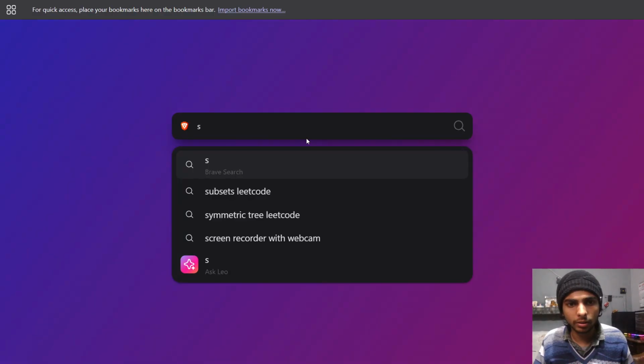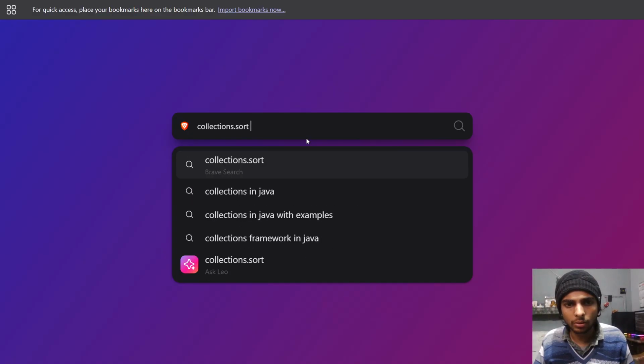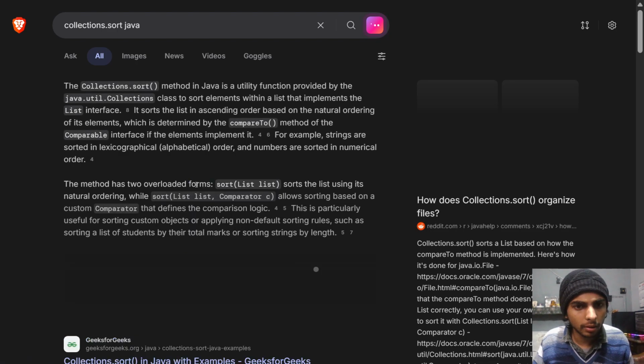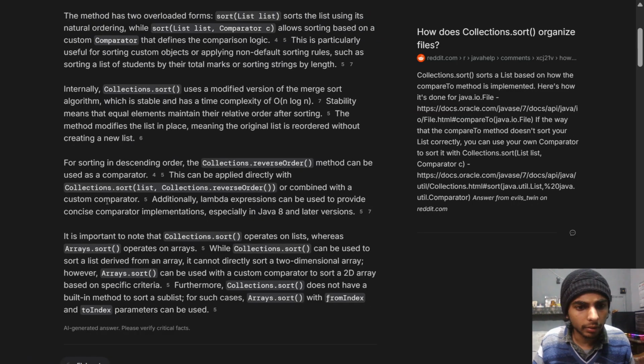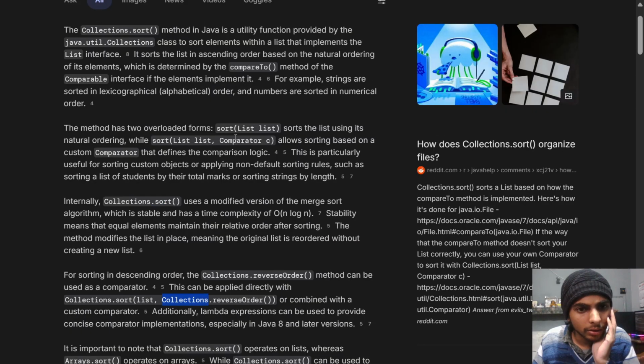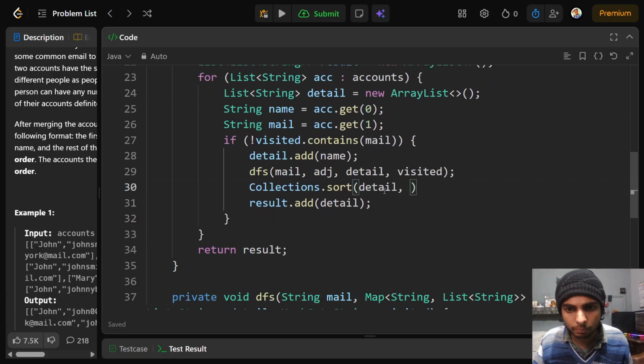Collections dot sort Java. Utility function list. Collections or reverse or for sorting. Okay, so data and